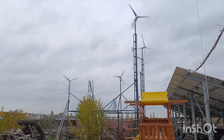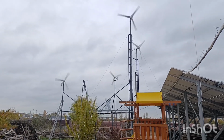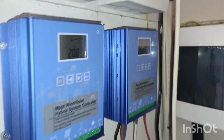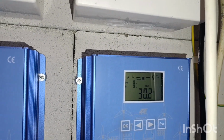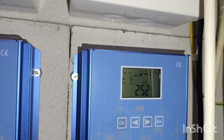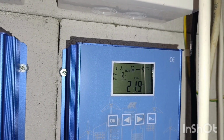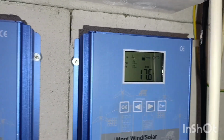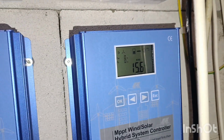So guys, I was waiting to show you something interesting. Right now is the gust. Let's check how it goes. That's the next day already. And well, 30 volts, 0 watts, right? You have seen everything. That's for the vertical, and seriously, I'm really impressed because 6 watts is still